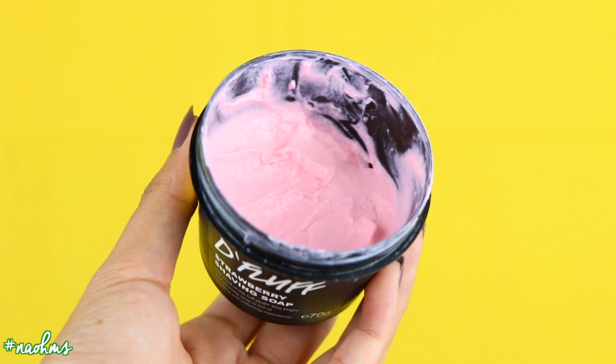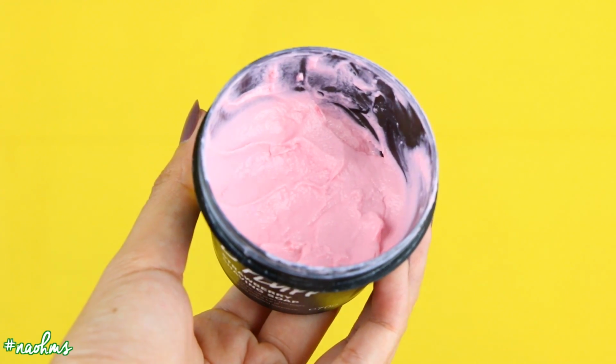Every time I shave, I get so excited just because of the scent, and usually shaving is a chore for me. I hate it, but this just makes it very tolerable. And what I love about the shaving soap in particular is that not only does it smell amazing, but it actually doesn't leave my skin very dry. I don't get any razor burn every time I use this,